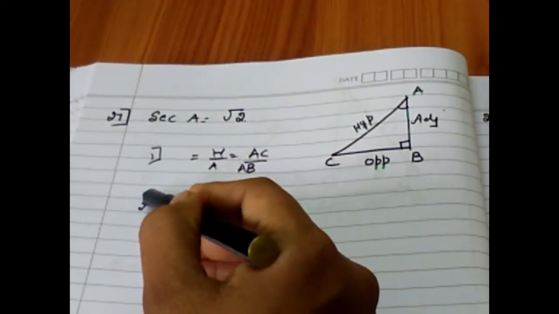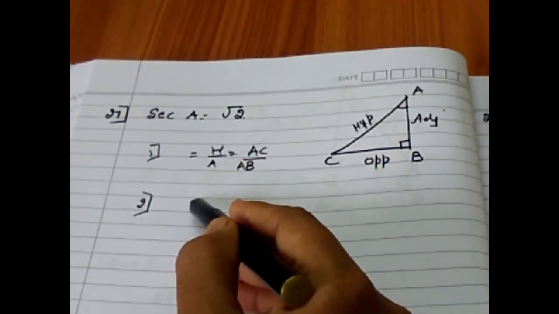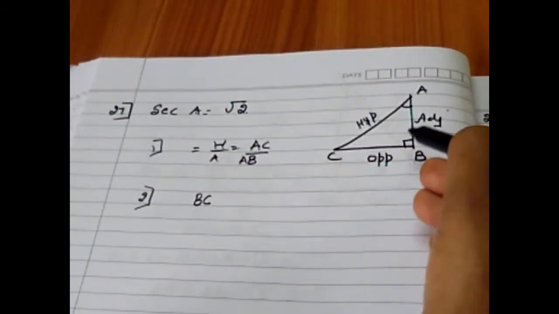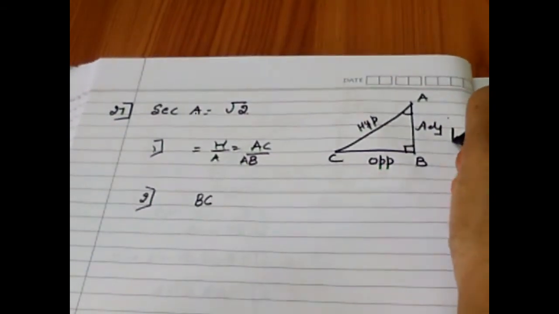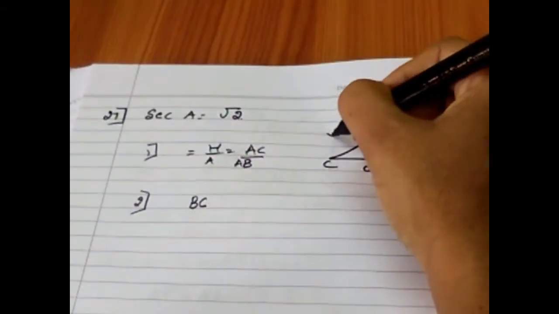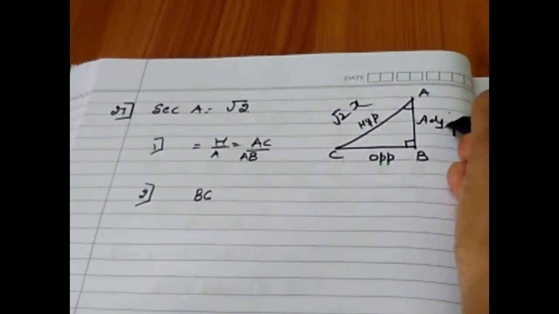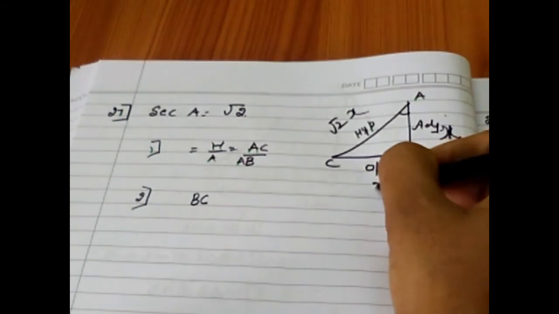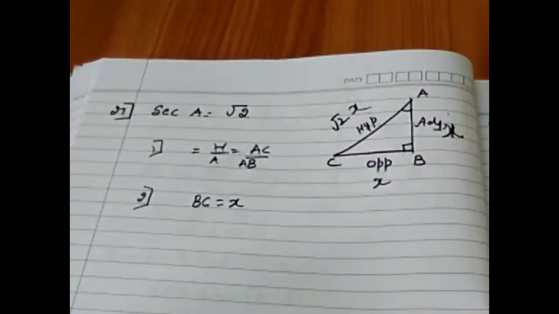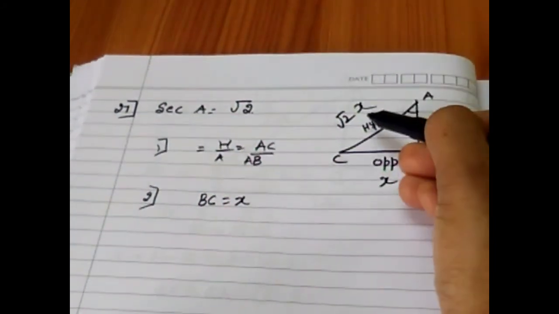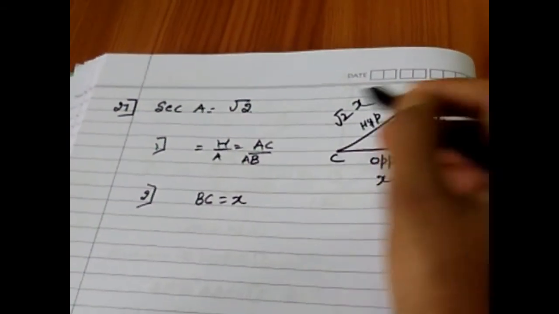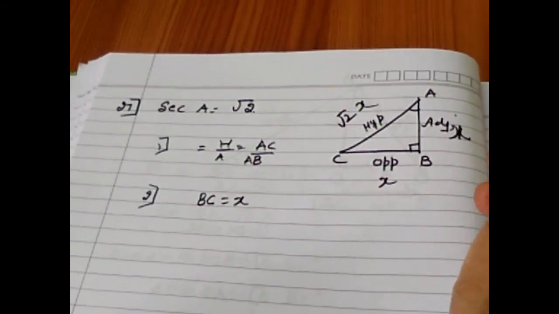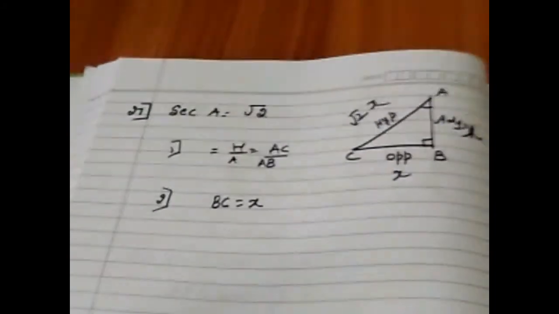And in the second step, AB and AC are known. We need to calculate the measure of BC. So here itself you can do it, children. AB is x and AC is root 2x. What happens automatically? Value of BC will be equal to x. Just apply Pythagoras theorem. Already we have practiced this. Root 2x whole square is 2x square. 2x square minus x square is x square. Root x square is x. But you are not supposed to do it mentally. You have to do it with the steps.